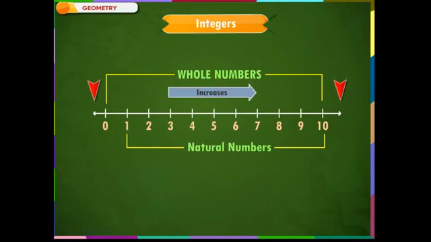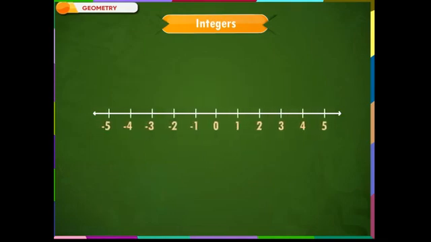Thus, a number line starts at 0 and moves toward right with increasing numbers. Similarly, it moves towards left of 0. What could be the numbers on the left of 0 on this number line? Yes, you are right. Negative numbers. Negative numbers are the numbers which are opposite to the numbers on the right of 0, called as positive numbers.